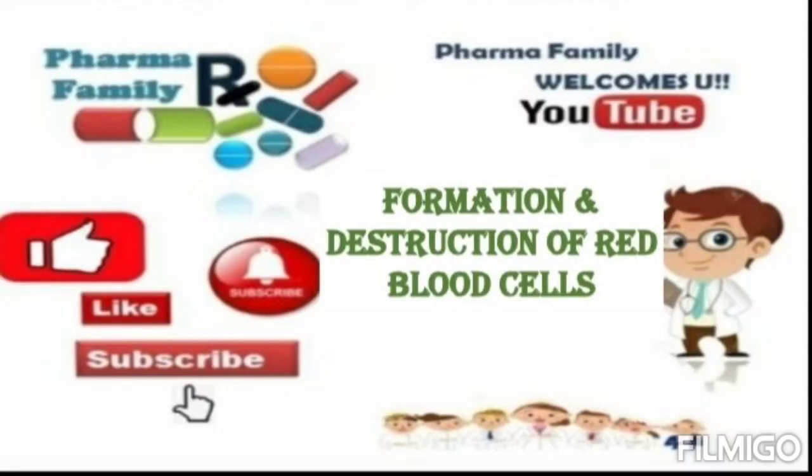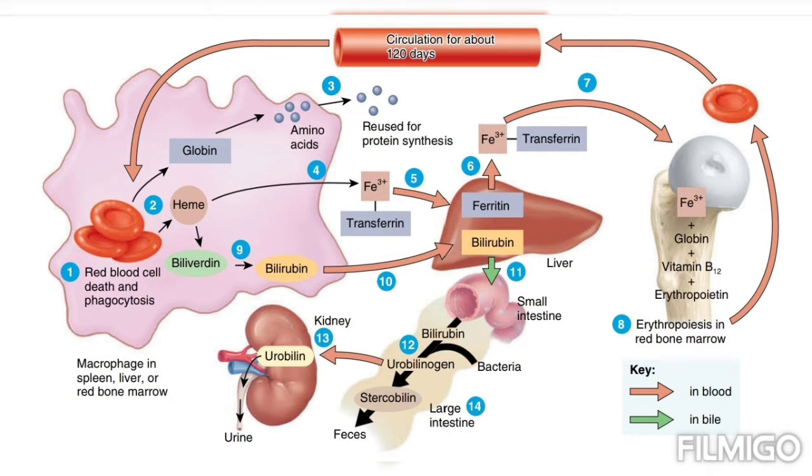Today we are going to focus on the topic of formation and destruction of red blood cells and the recycling of hemoglobin components. Actually, RBCs circulate for about 120 days after leaving the red bone marrow before they are phagocytized by macrophages. Without a nucleus and other organelles, these RBCs cannot synthesize new components to replace their damaged ones. The plasma membrane becomes more fragile with age and the cells are more likely to burst, especially as they squeeze through narrow channels in the spleen.